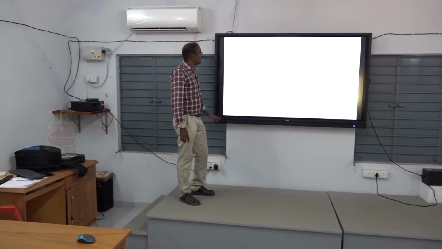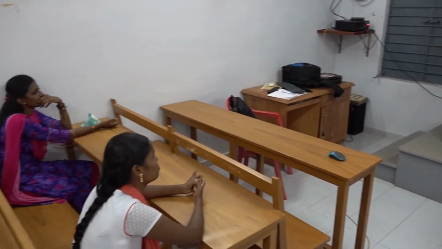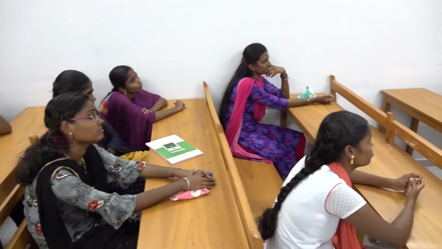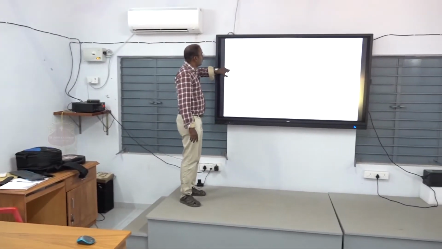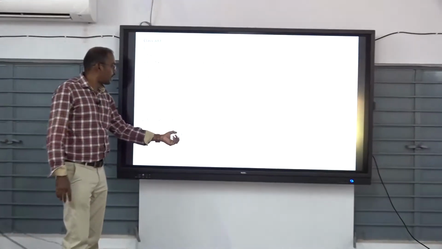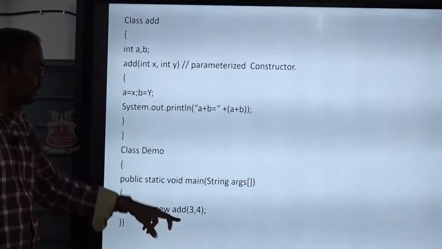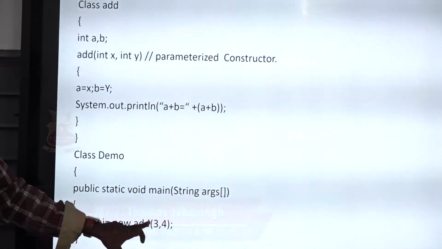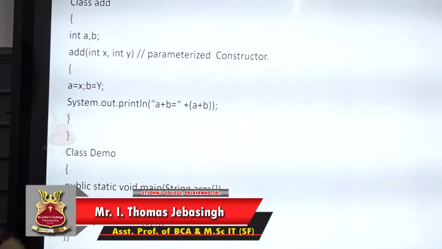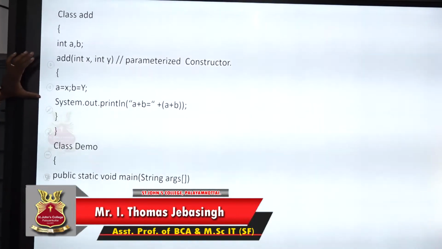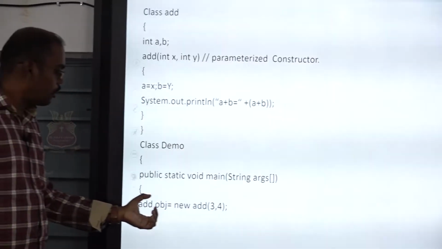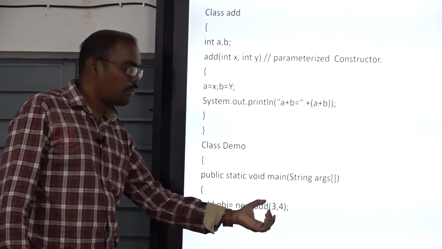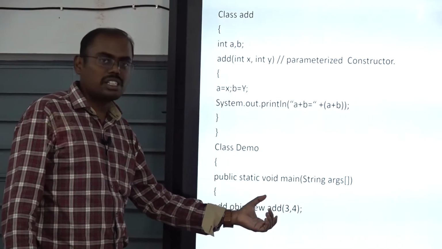Next we see parameterized constructor. Same class name and function name are similar. In that we give some parameters: int x, int y. In the previous one we initialized the object inside the constructor. Now we pass values through parameters. x is assigned the value 3 and y is assigned the value 4. This type of constructor is a parameterized constructor. Whenever an object is created, we add some parameters.